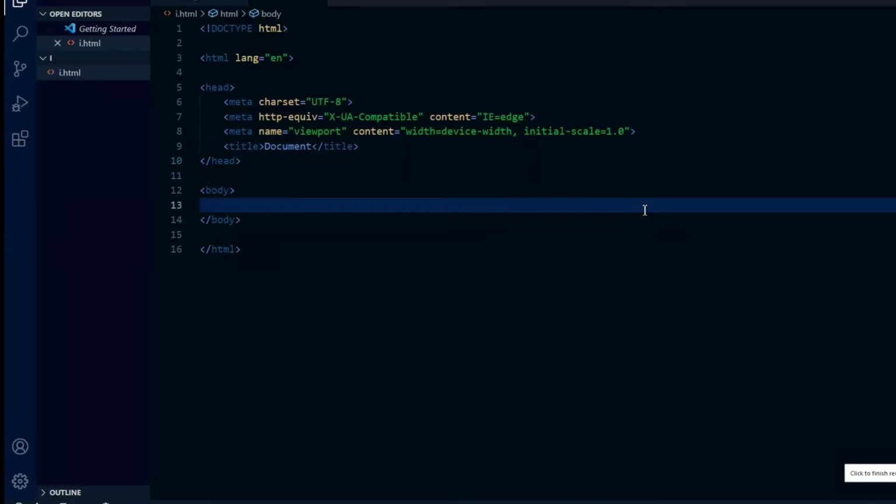Now we are going to discuss the list. The list which we use in normal day-to-day life is also available in HTML. Well, lists in HTML are of two types: one is ordered list and another one is unordered list. Ordered list is with the numbers 1, 2, 3, 4, whereas unordered list is with the dots and many of